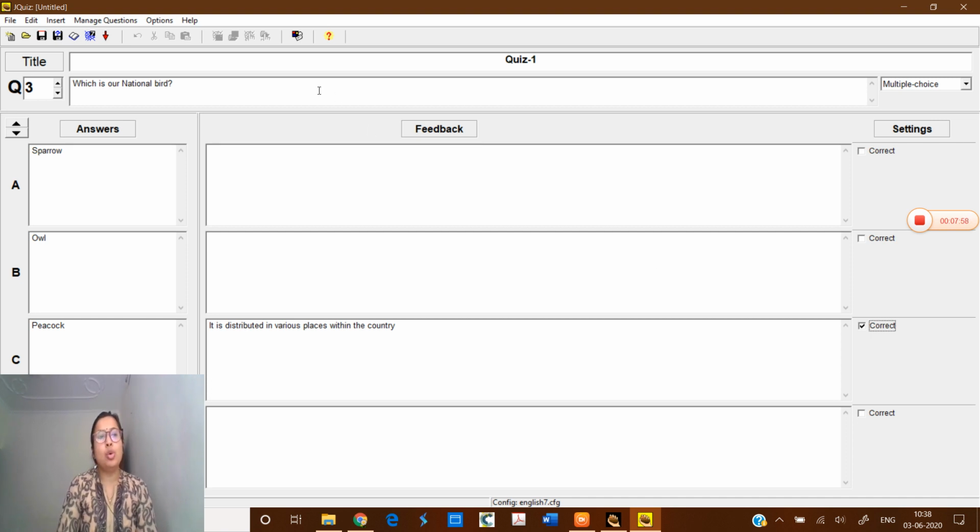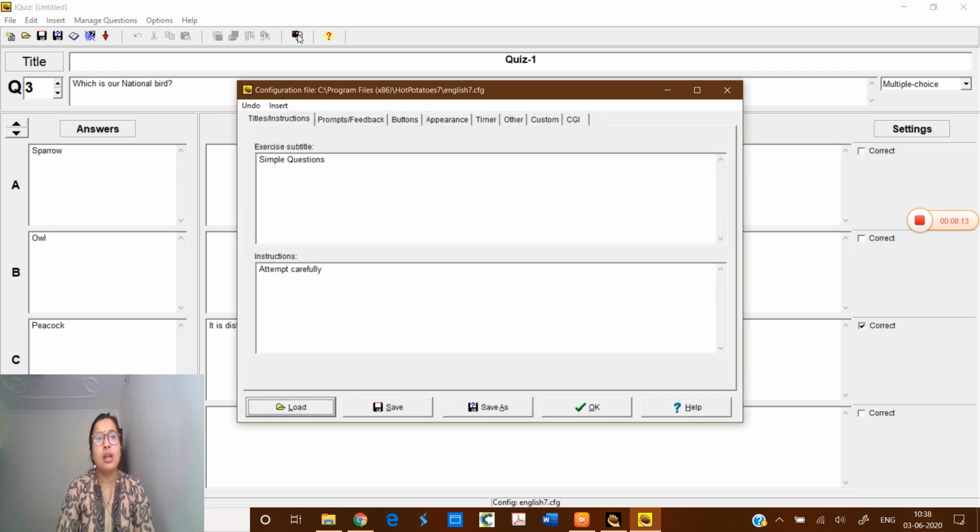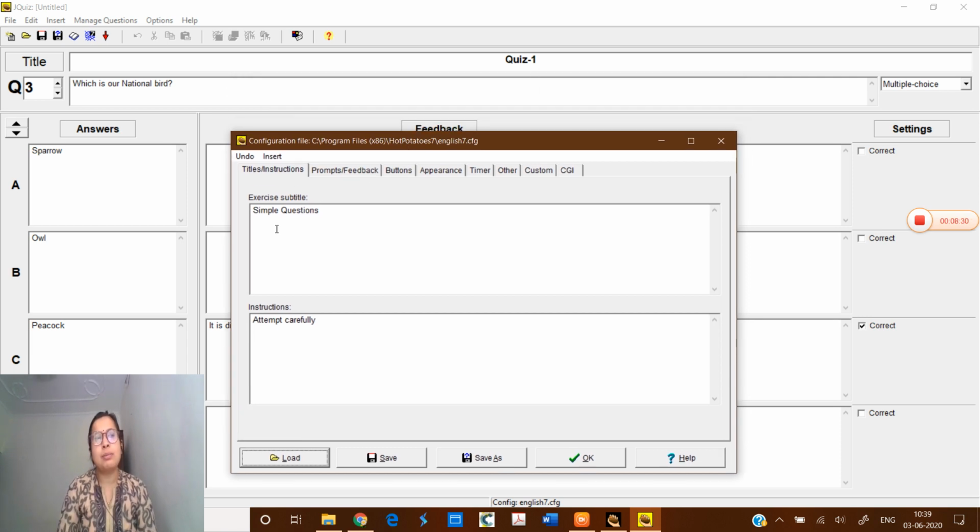After doing this, the next tool which we can use is here. This is the second last option in this bar, where you can customize your web page, right? And after customizing, we will save it. We have not saved it yet, we will save it a little later. After this, you will see this page in which you can mention an exercise subtitle if you want to give one. Like here I have mentioned that these are simple questions, or any other subtitle you can give. Our title will be Quiz 1, and as a subtitle you can type a course name, or any paper code, or anything you want to give.